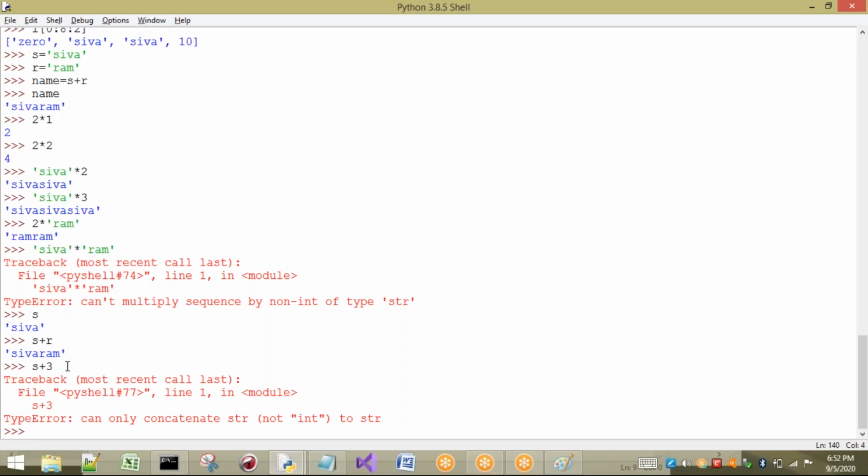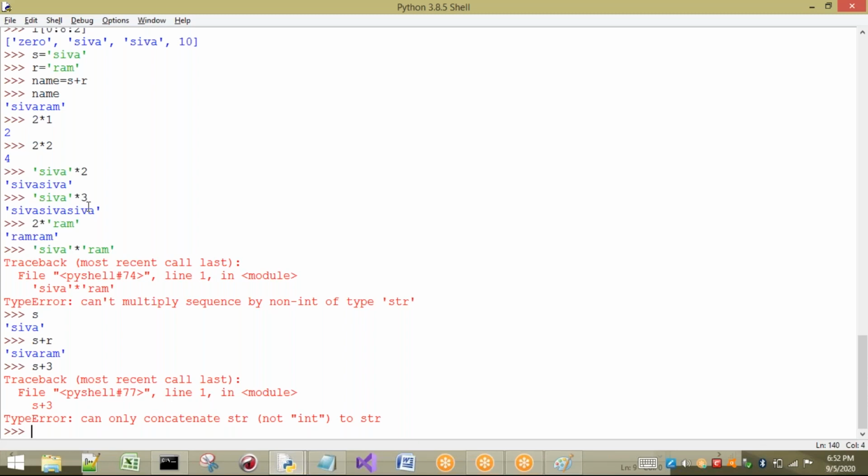It should not be a float type, it should be an int type. That int can be the first value or the second value, no problem. The same rules apply for the into operator, which we can call the repetition operator. The reason is that it repeats the string or the list that I give to that operator.